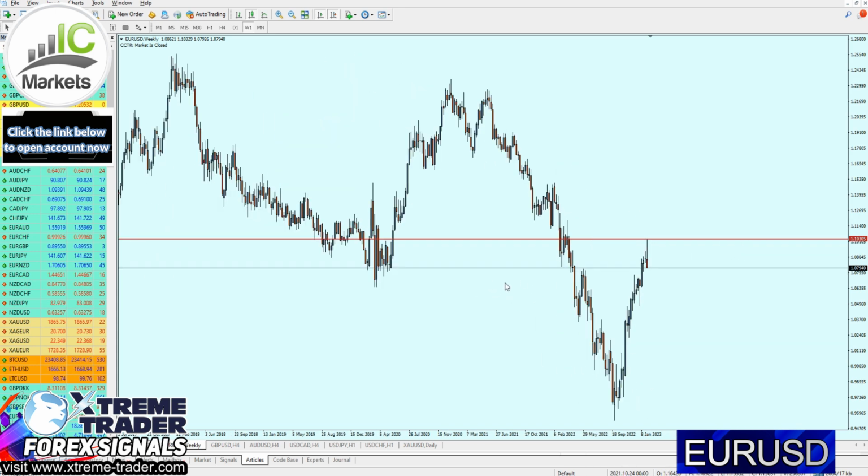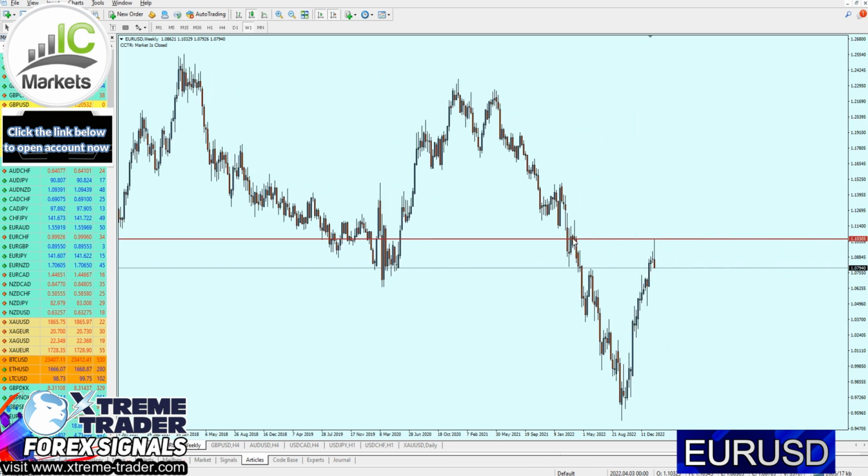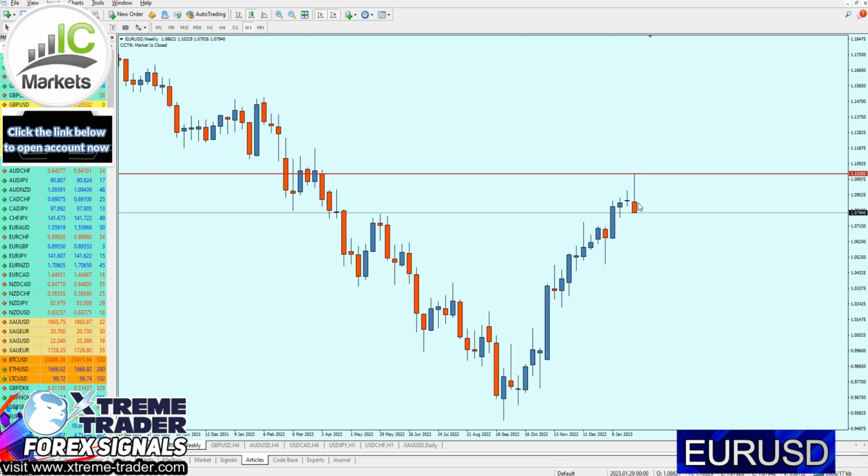Now if we look at the bigger time frame, we can see that right here it was also a strong key resistance level, it was also a strong key support level, and lately it was a strong key resistance level. Now this current price action right here: we had a strong bullish candle at the beginning of the month, or actually mid-January.